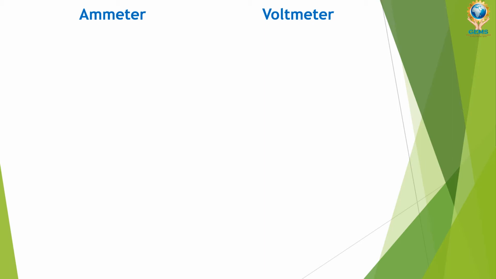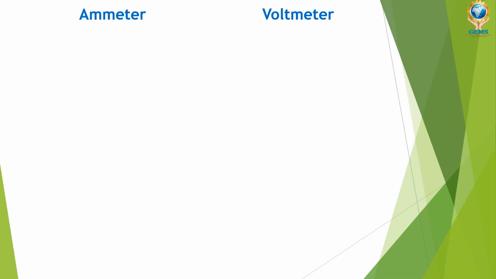In previous lecture, I already told about electrical measuring instruments. Ammeter and voltmeter, these two are the meters, just simply like a speedometer. If you check the bike, it will show with how much speed the bike is going. That is speedometer. Just like that, this ammeter and voltmeter are going to measure the current and voltage values.